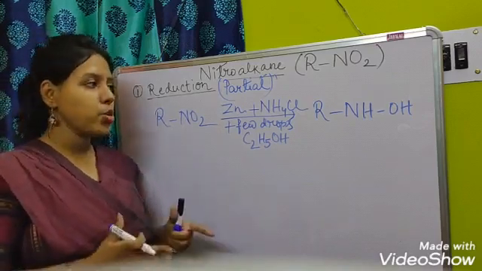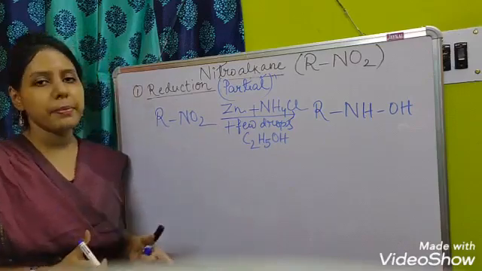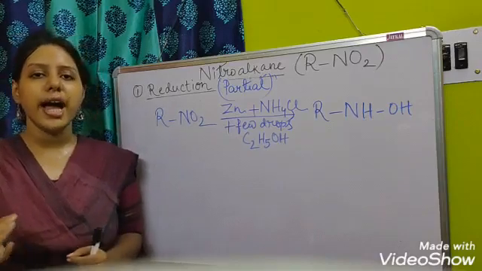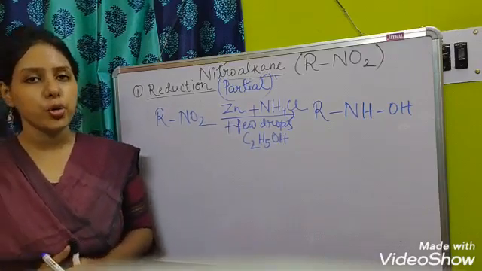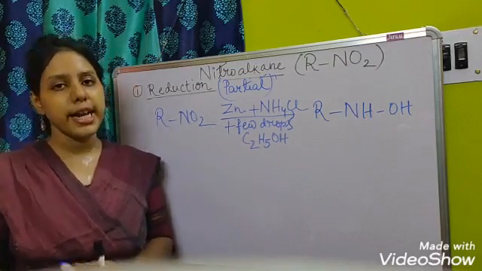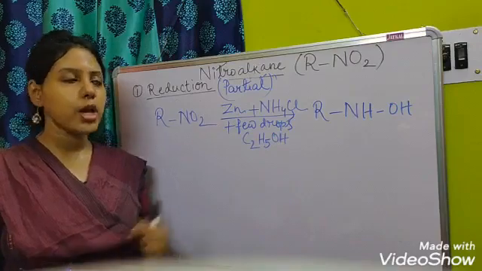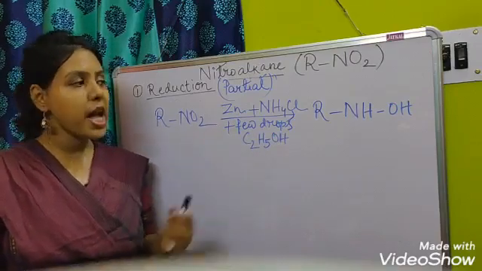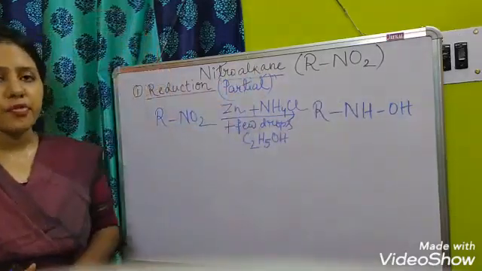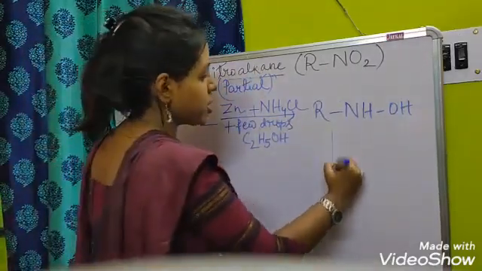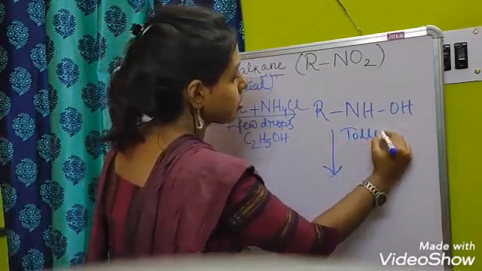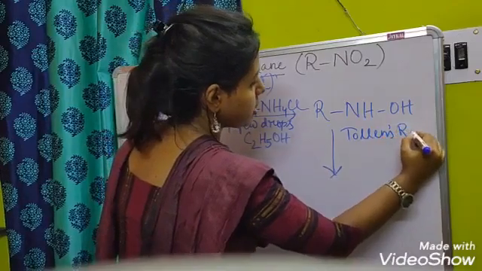Mainly in practicals, you could see this type of experiment that we use for identifying the presence of nitro group, and that test has a name, the Mulliken-Barker test. So what do we do there? In the first step we do the partial reduction. After that, the compound obtained after the first step has to be treated with Tollens reagent.